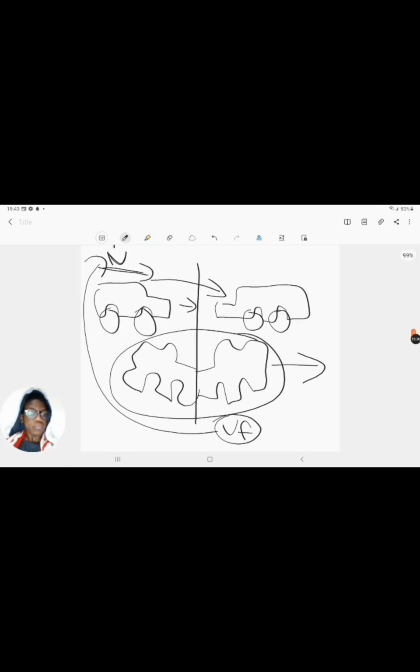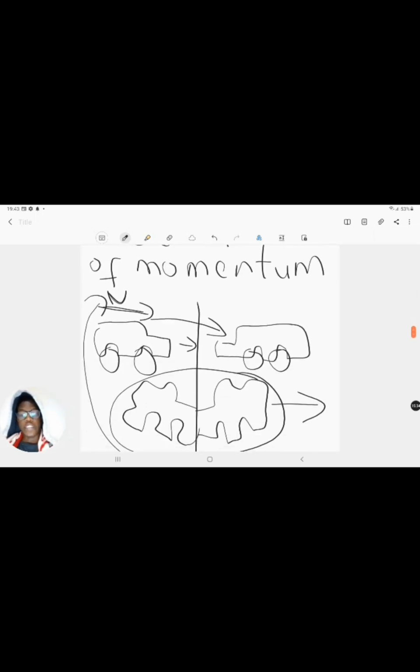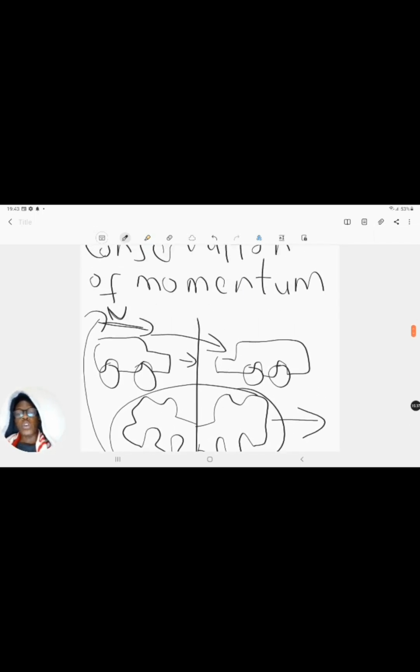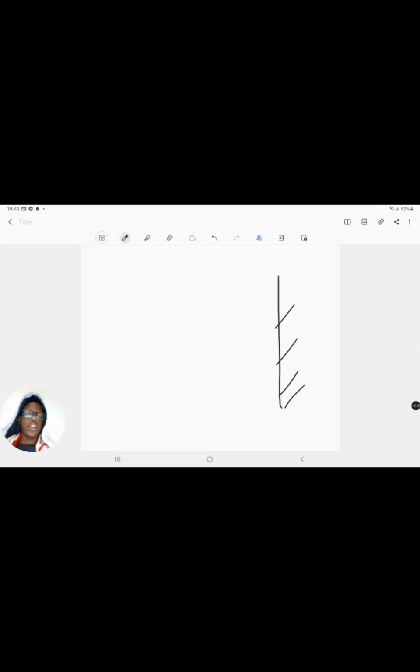Okay, so that is what an elastic and inelastic collision is, and that is their relation to the law of conservation of momentum. Let's do a quick example to demonstrate this. I'm going to use that wall example again. You've got a wall, you've got a person